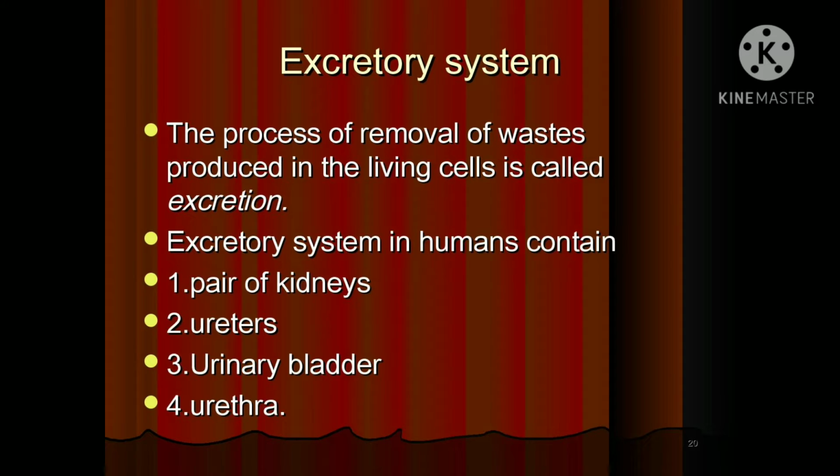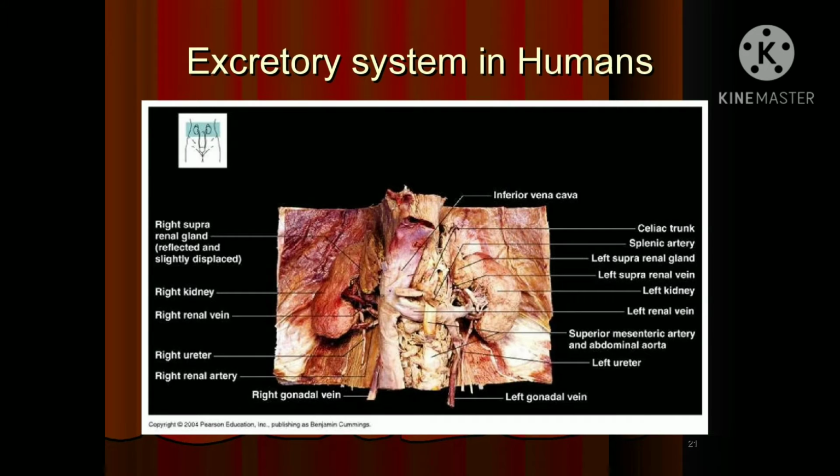Now, let us see the picture of the excretory system in human beings. You can clearly see the inferior vena cava, left ureter, right ureter, and kidneys, everything. The veins are clearly visible, and even the kidneys are clearly visible. This is the rough figure of this